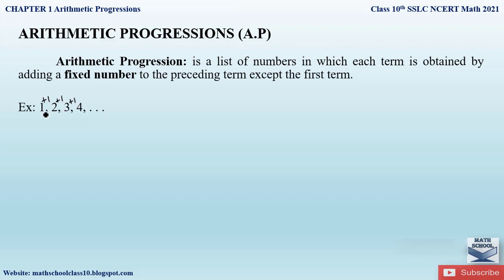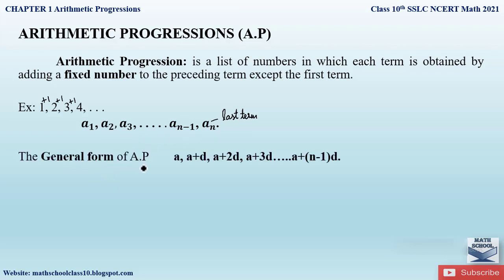So therefore an arithmetic progression is a list of numbers in which each term is obtained by adding a fixed number to the preceding term. That is the number before, which is called the preceding term. This is the arithmetic progression. Now, the first term of an AP is called a1, second term is a2, third term is a3 and so on. The last term is called the nth term, or the last term, and the term before the last term is an minus 1. So this is how an AP is represented.